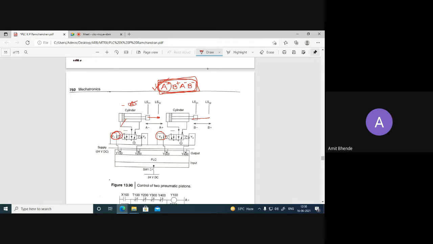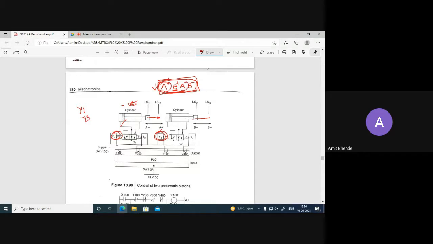Then the next we require is extension of B plus. So the solenoid responsible for the extension of cylinder B is Y3. So Y3 should be energized second. So you can write down the sequence. First is Y1, then Y3.